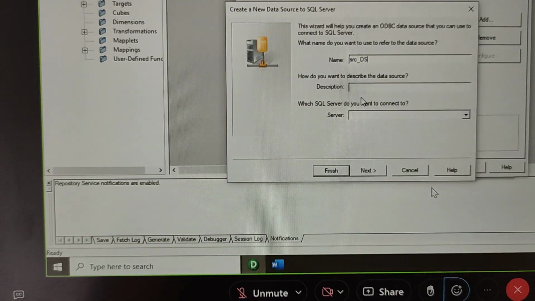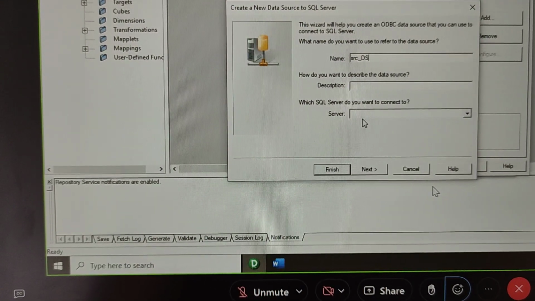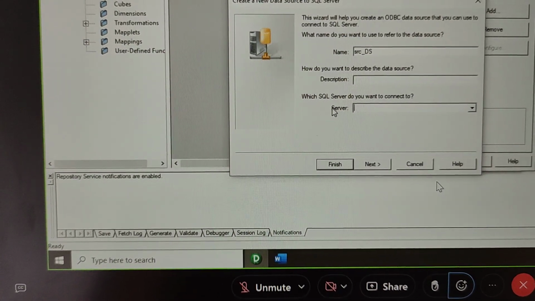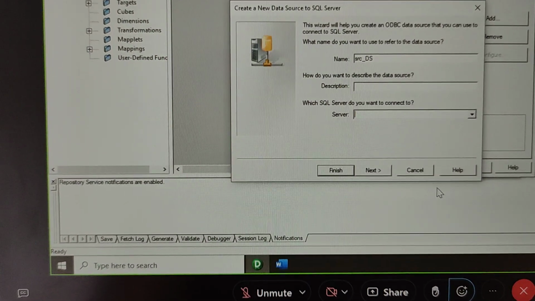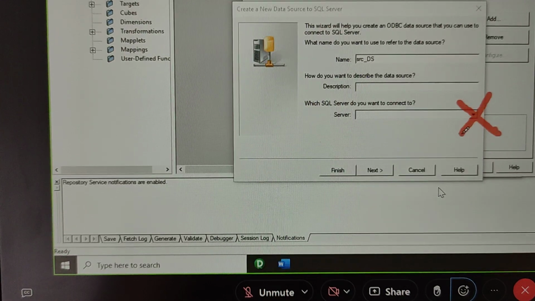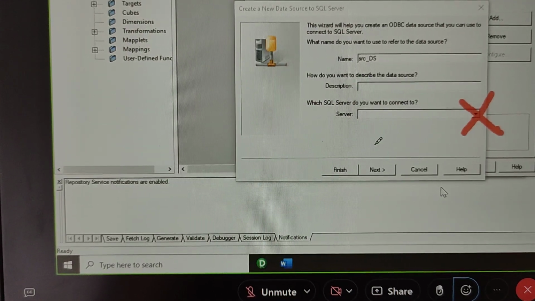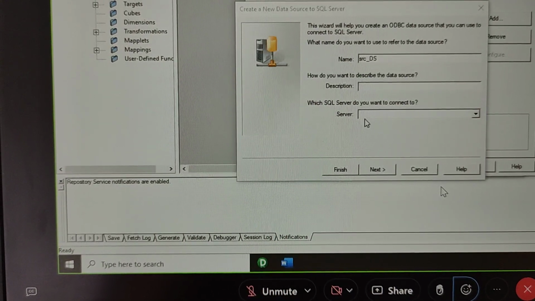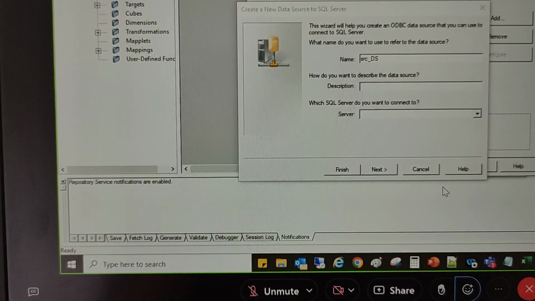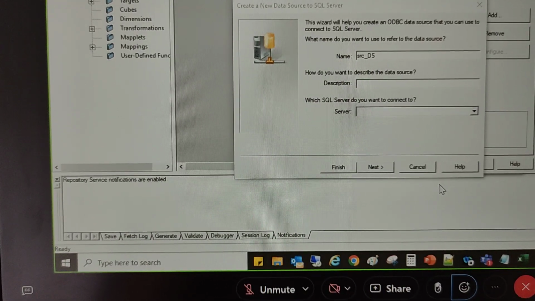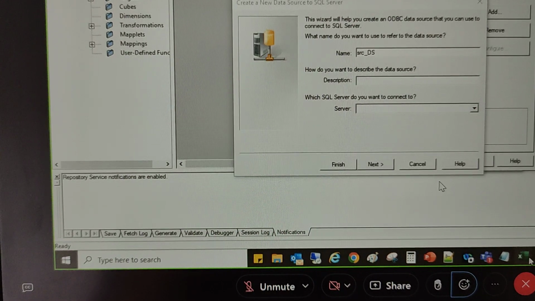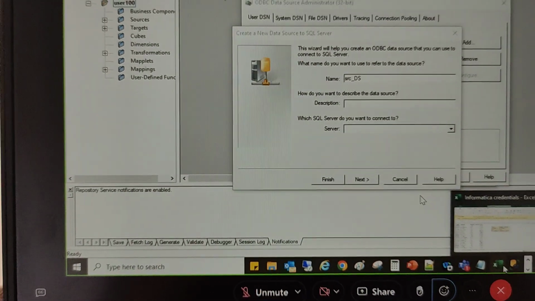Now here, listen carefully. In place of server, don't click this. Don't click. We have to type here. Type or copy paste. We have to enter the source server name. From where can I get the source server name in the Excel? From which sheet in the Excel?